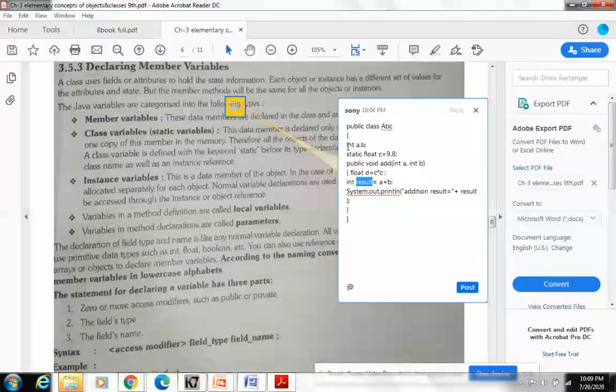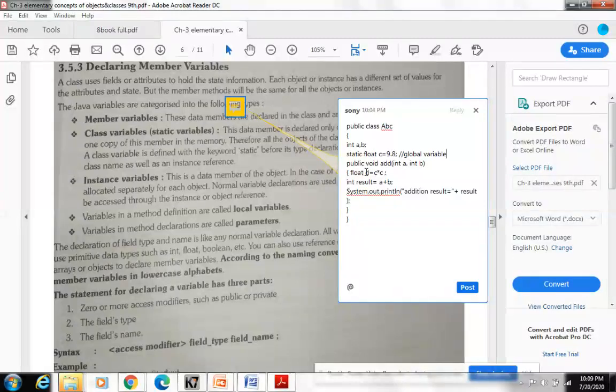If we declare the variables here, that means before the methods, before the main method, before the add method, at class level, those variables are known as global variables. I am writing here in the comment section, global variables. Global means throughout the class they are visible.